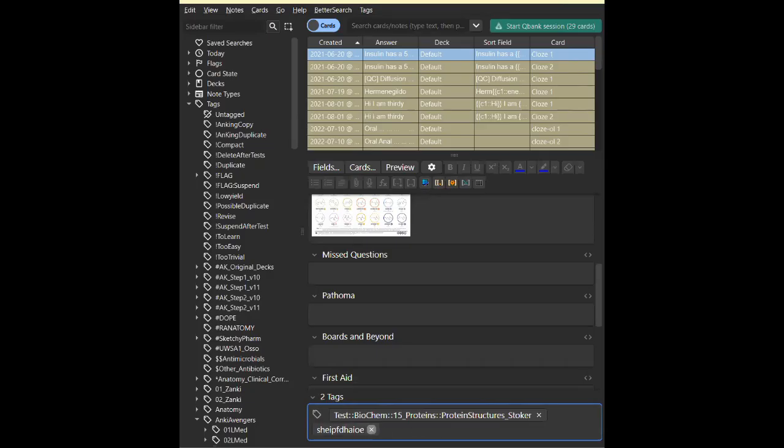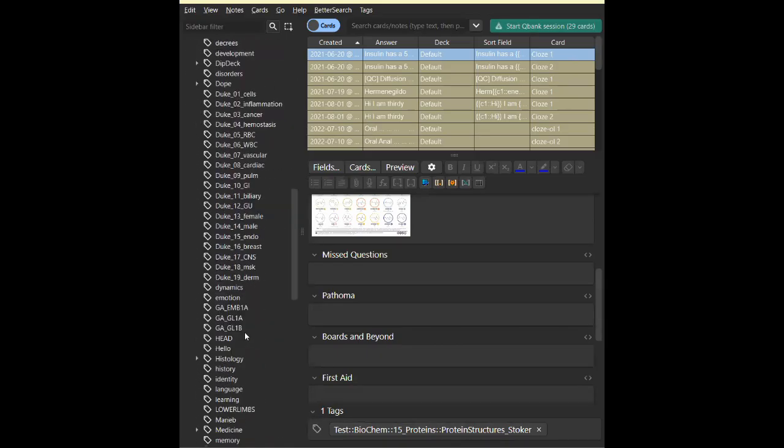There we go. And since you've added that other tag, now, if you, for example, want to study just purely nerve physiology, you can make a filter deck with the tags for neurophysiology. But now I want to study neuroscience. You can make a filter deck using the tags of neuroscience. But since this card had both of those tags, it will appear in both of those study sessions. That's the power of this.